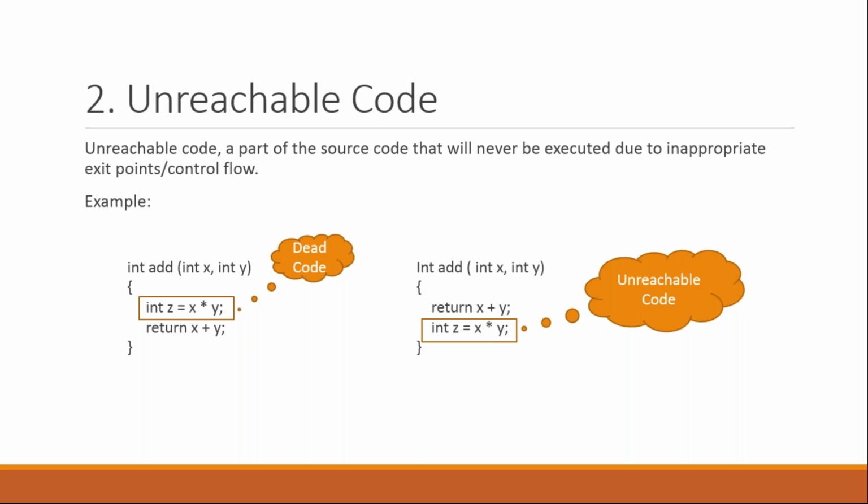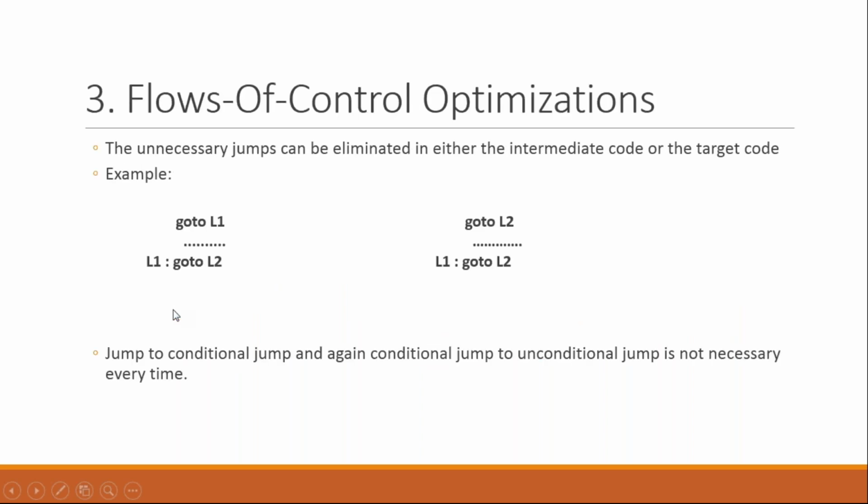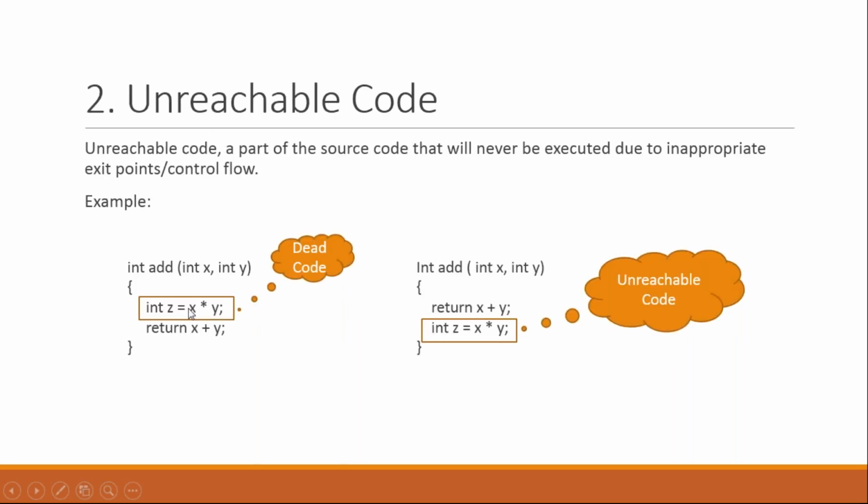As for the second part, why is it dead code? Because I never use the value of z, and I'm never going to use the multiplication of x multiplied by y. Why? Because this function returns the value of x plus y only, so there is no work for my z variable. So this is dead code. There is no access to the z variable anywhere in my program. This type of statement is known as dead code.